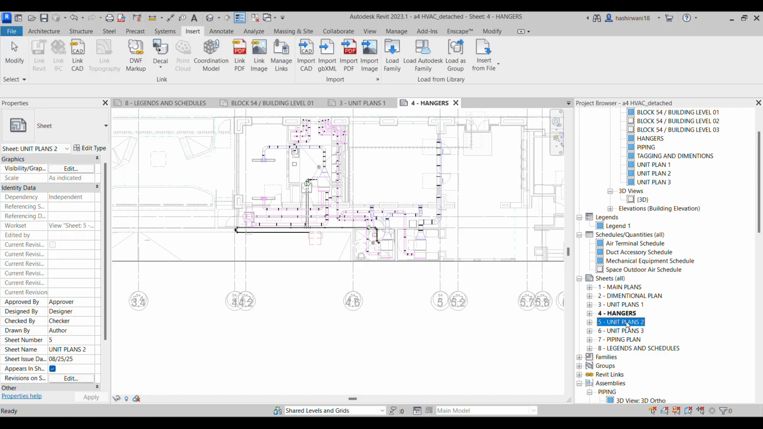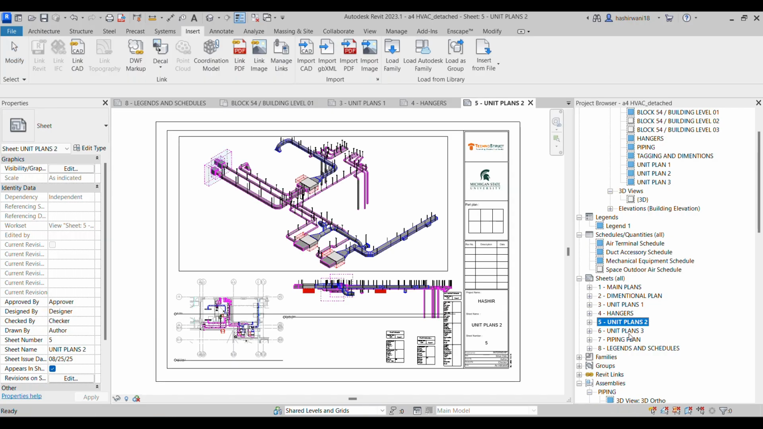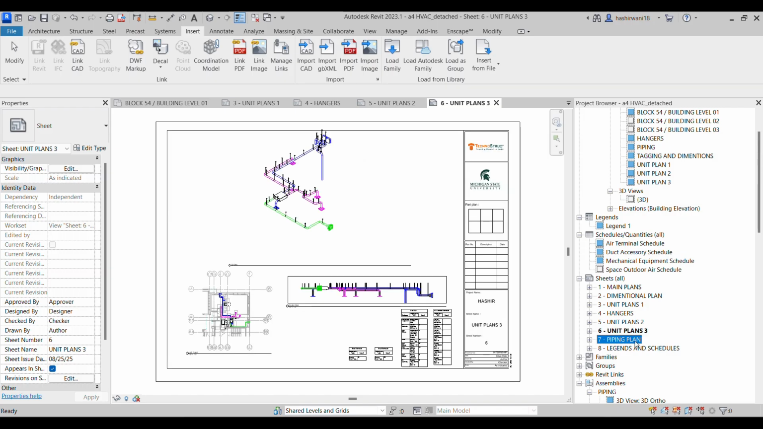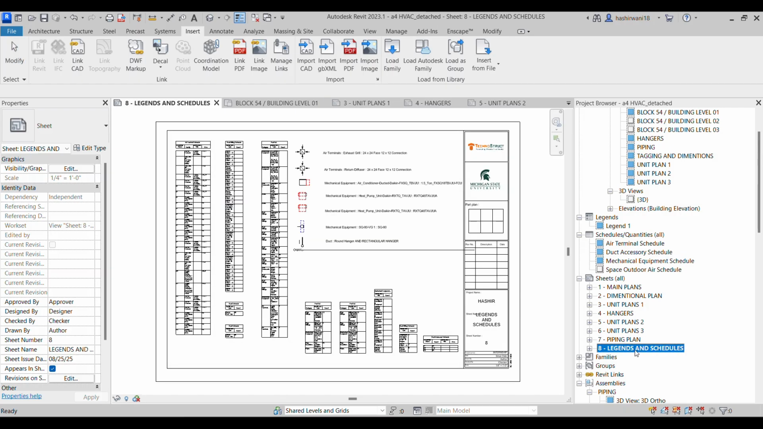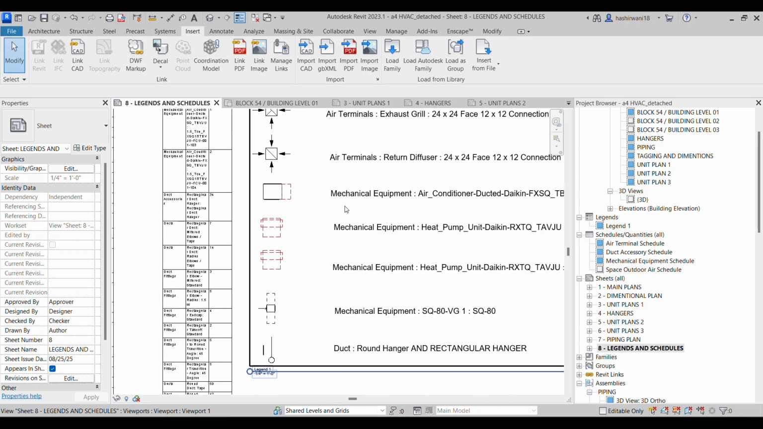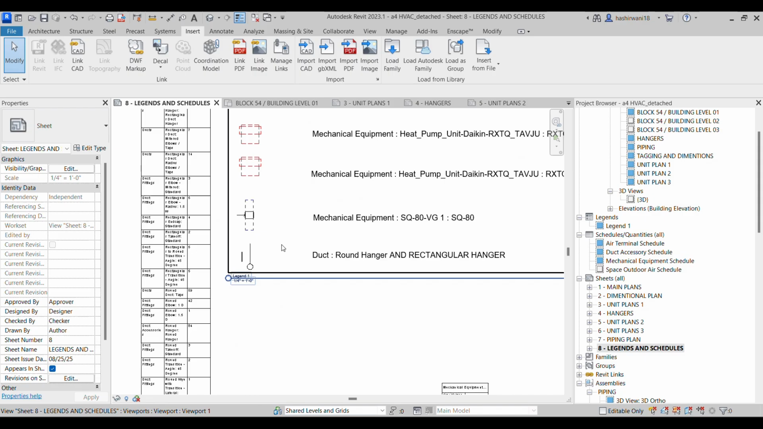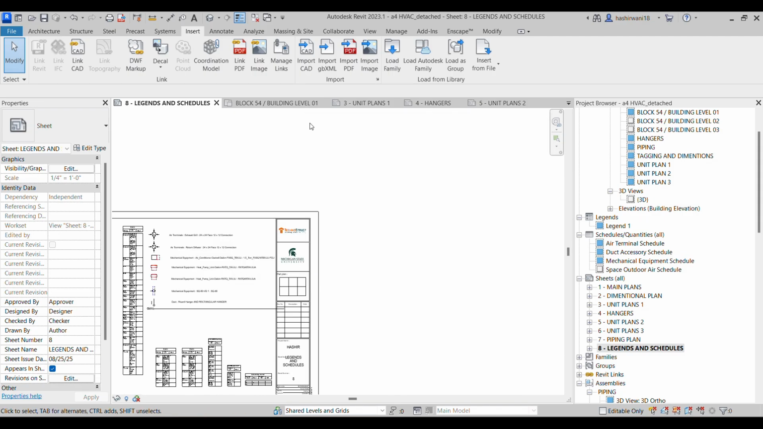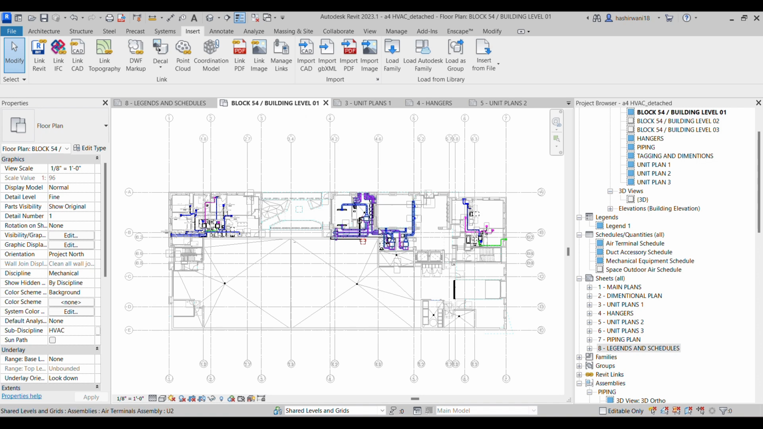I've given unit plan 2 here, and unit plan 3 here. I've given the piping plan as well, and then I've given legends and schedules here. Can you see the legends, schedules, etc.? Can you see round hangers, rectangular hangers, etc.? I've done that here. So now the question begs that it takes a lot of time to do this, but how